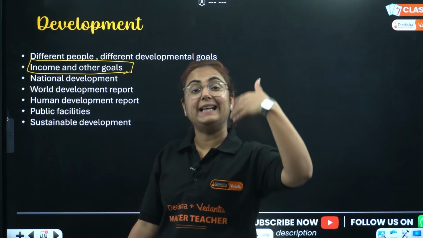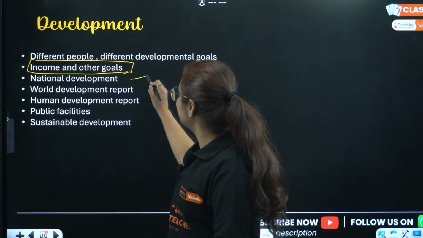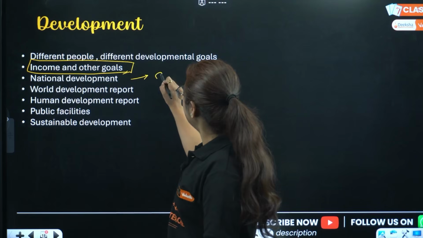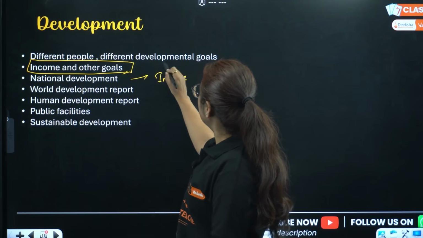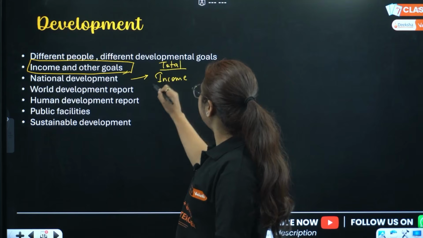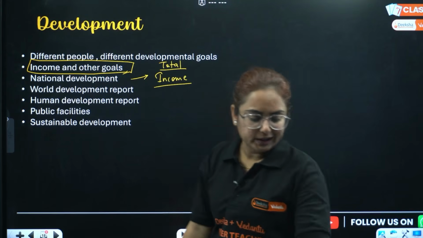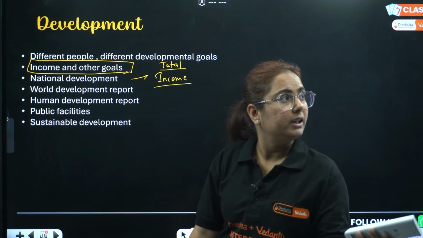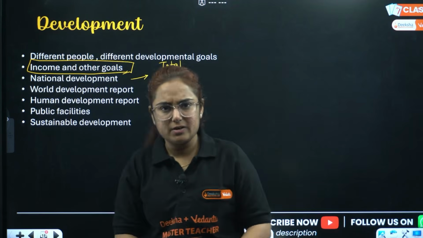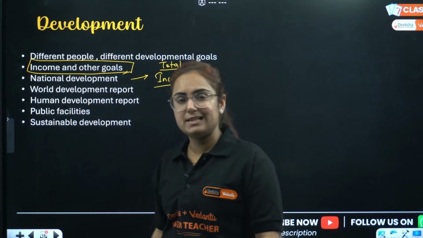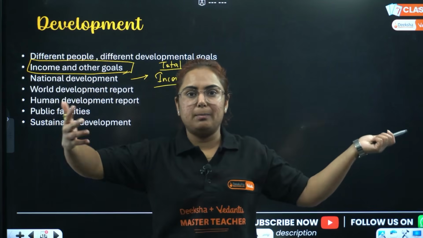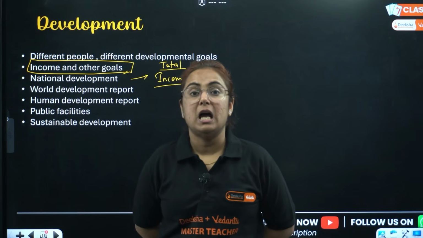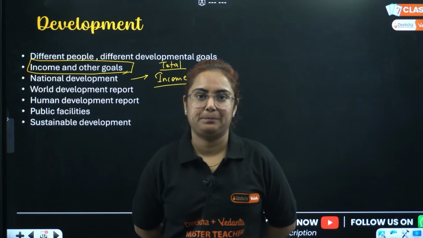So, here we can't talk about only the development of a person. We are studying economics, national development. How can national development be calculated? By the income of the people. And here comes a topic that is total income. We thought that we can calculate the income of all the people out there and compare the countries. That country A is more developed, country B is less developed. Like we say, USA is a developed nation, India is a developing nation, Pakistan is an underdeveloped nation. How do we categorize it?